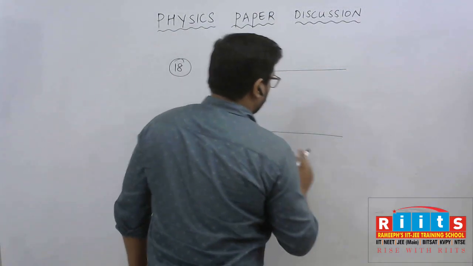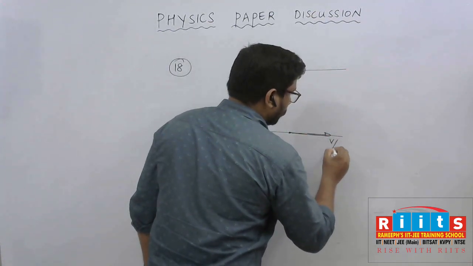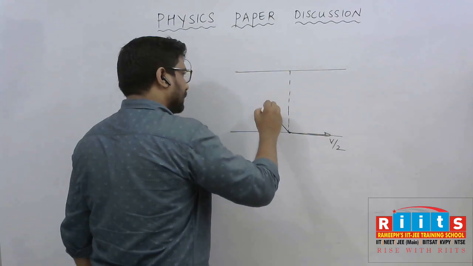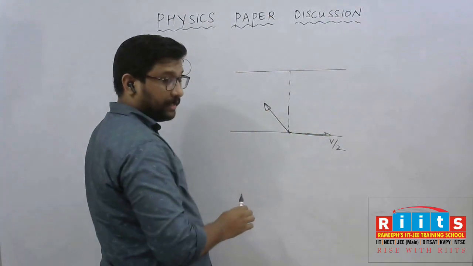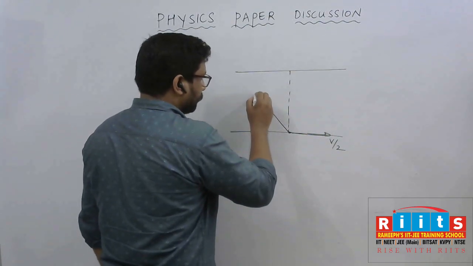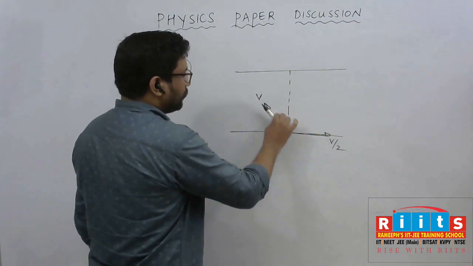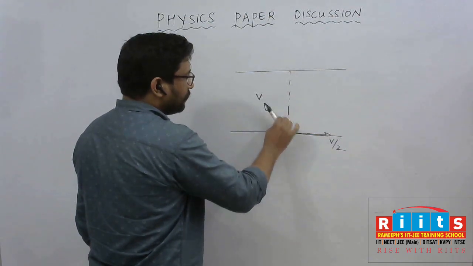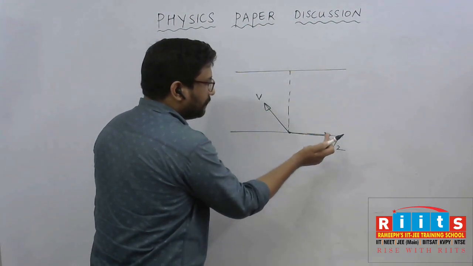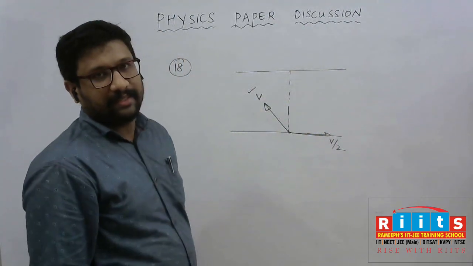Suppose this is the river. Okay, so the river is moving with velocity v by 2 and this is the vertical direction. The boat is moving by making a certain angle from this vertical, and the relative velocity of the boat with respect to water is given as v. Try to understand, when the boat is steering at a particular angle to minimize the drift, drift is happening because of the velocity of the river. Can we cancel the velocity of the river using a component of this boat's velocity? Is it possible? Yes, in this question, definitely it is possible.